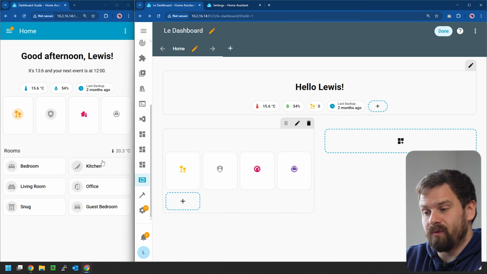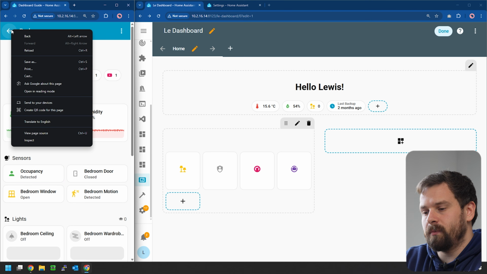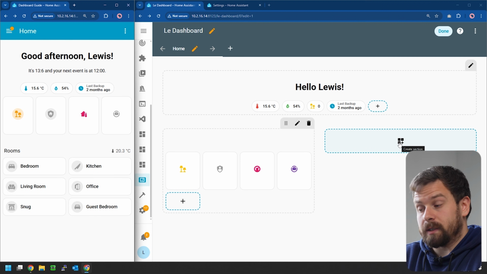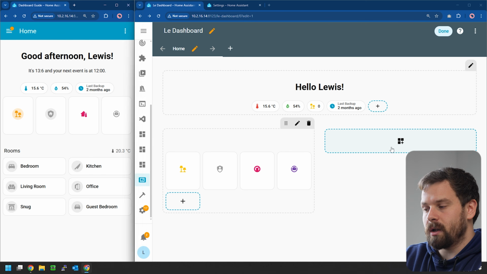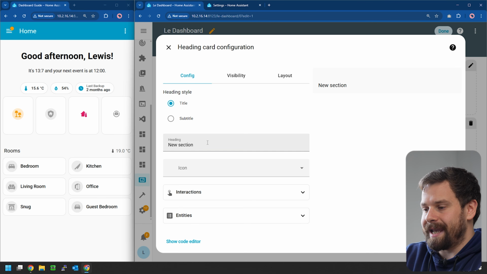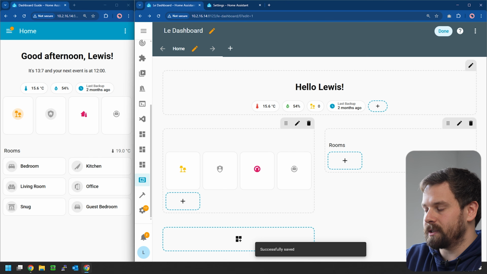Next, we're going to move on to the room cards. So these are our navigation into our different rooms or areas in the dashboard. So basically all we need to do is just to create another section. This time we're actually going to give it a title because of one feature that I do like, which is to show this little temperature over on the right hand side that is kind of an average of all of the rooms, which I'll show you how to create there. And we're going to give it a heading of rooms, and we're going to just hit save,